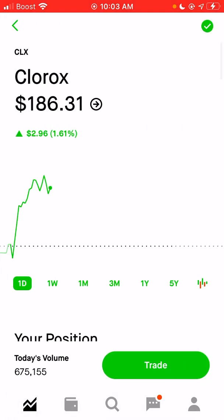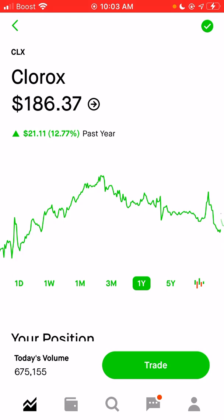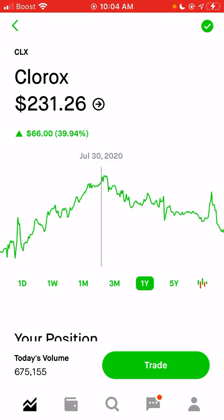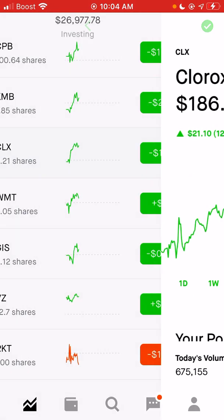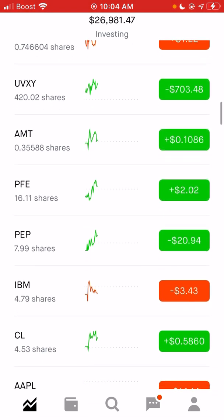Especially looking at Clorox, I think this is another undervalued stock. Looking at the 1-year chart, it's come in from I believe like $220 at the highs, $230, down to $186. I think this is a decent buying opportunity. So a lot of these kind of